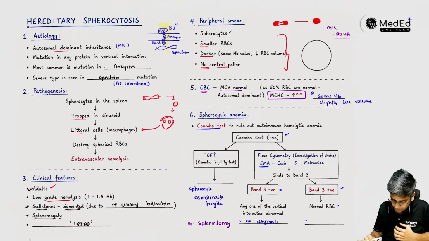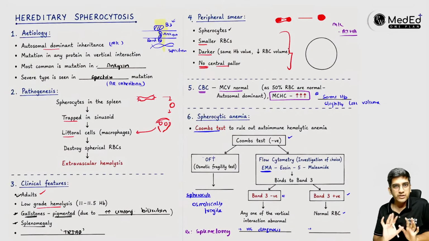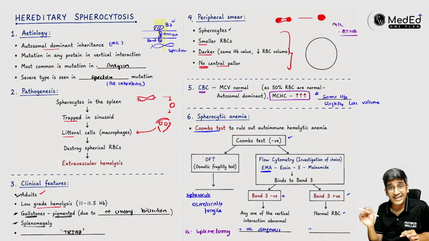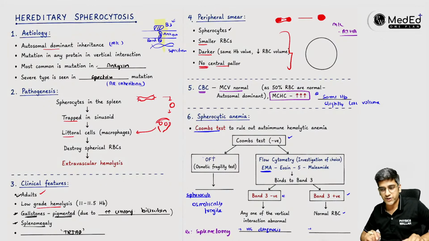I'm going to zoom out. This one slide will give you all the information required for hereditary spherocytosis. Just read them, revise them, go and write beautifully in the exam. Presentation is in your hands. If your handwriting is not great, it doesn't matter. Present properly. That's more than enough for you to get a very good mark in a theory exam. Fine. That's the first disease. Can we go to the second disease?